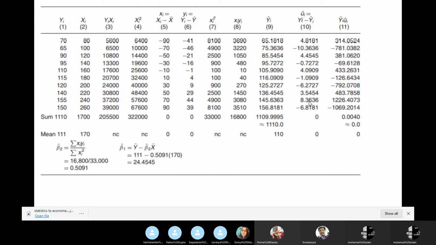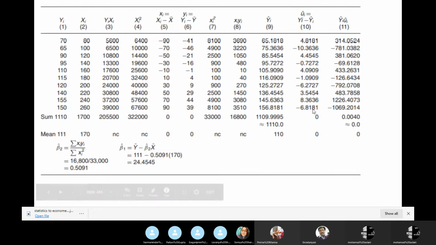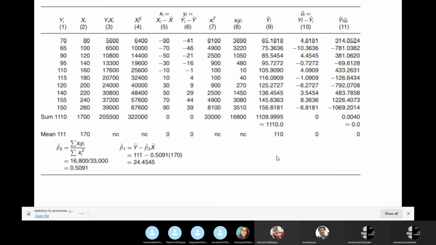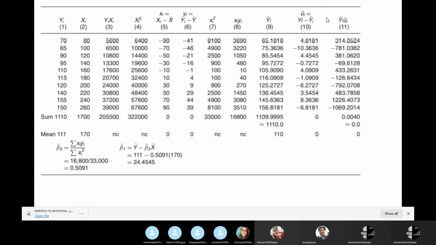The whole idea behind the OLS method is to minimize this residual, but the summation of residuals is 0 in all sample cases, so we don't know which sample regression function is better. To get rid of this problem, we took the square of ui and tried to minimize the summation of ui hat square. That's the idea behind the derivation of OLS estimates.